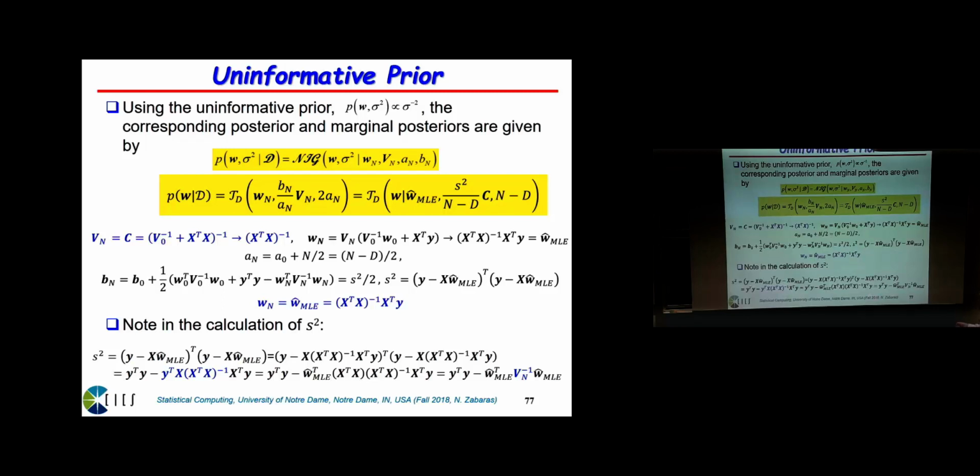S squared is the squared error when W is fixed at the MLE estimate. So you get this wonderful formula, and you may ask me, I'm going to do this fast, because we're out of time. I'm going to come back. And why do I really care about these estimates? I am going to give you